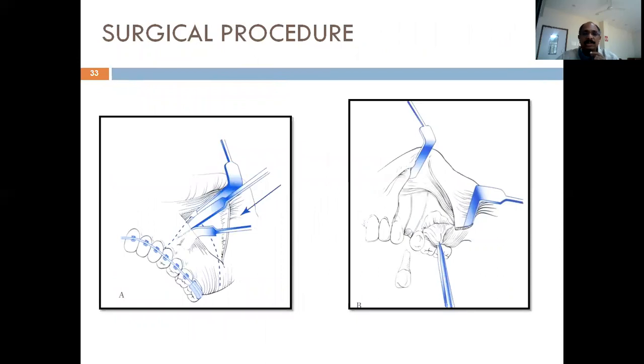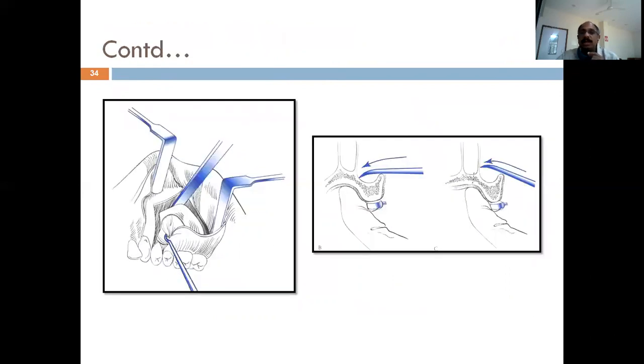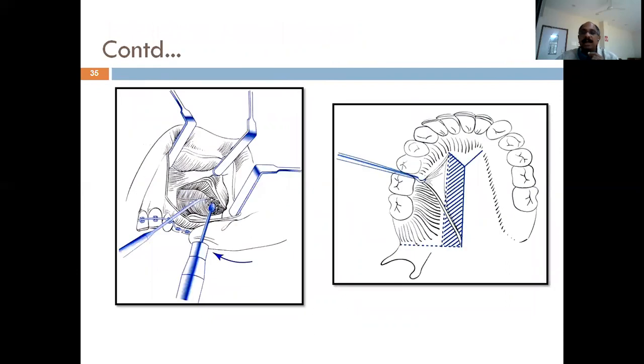Same thing again, I told you, make an incision on the mucogingival fold. If you want to use only from the premolar to the tuberosity, to the third molar, we make a cut again, as in the picture shown here. We can make a vertical cut superiorly till just below your zygomatic buttress, and then go laterally behind towards the tuberosity, and you can down fracture that segment, which I think I can show you in that picture. Yeah, sometimes if required, we make a palatal incision on the palatal spine on one side, right? Or we make a Y incision on one side so that we can make a cut on the palatal bone and achieve the down fracturing of the posterior maxillary segment.